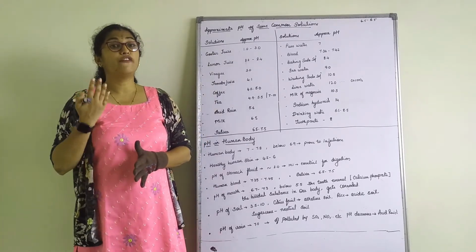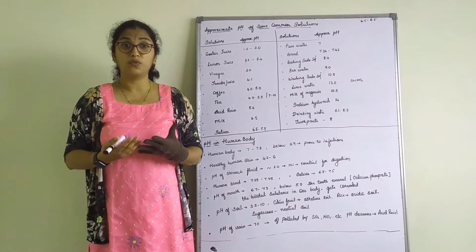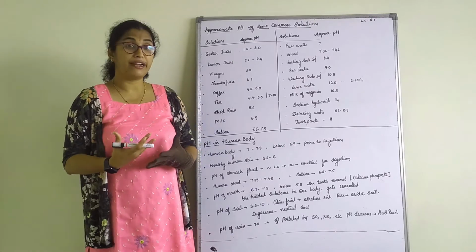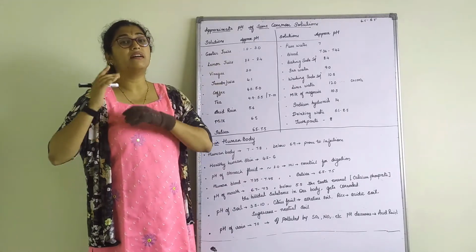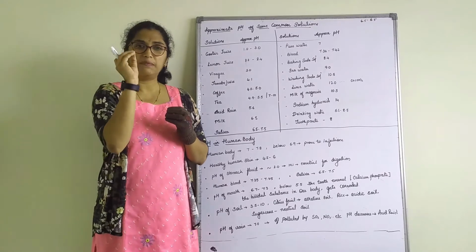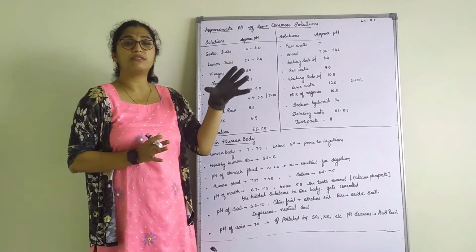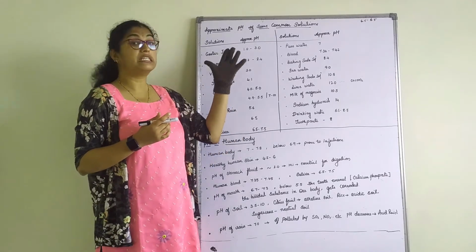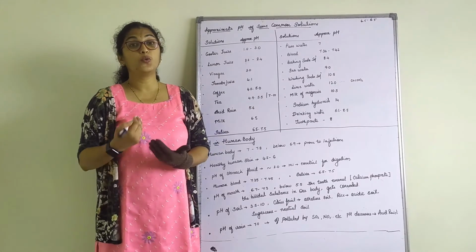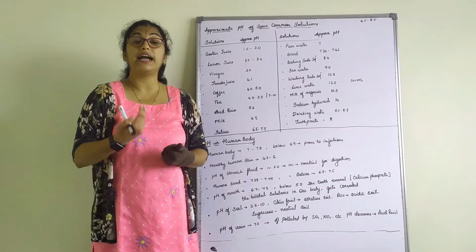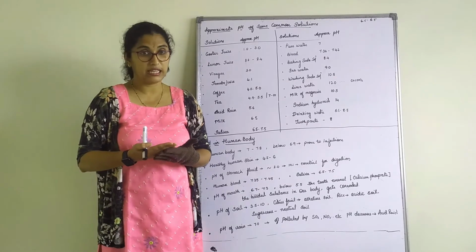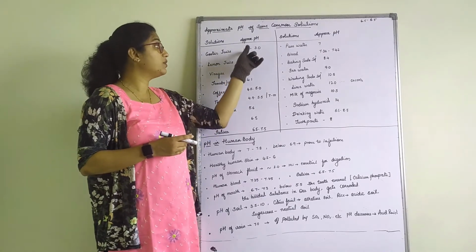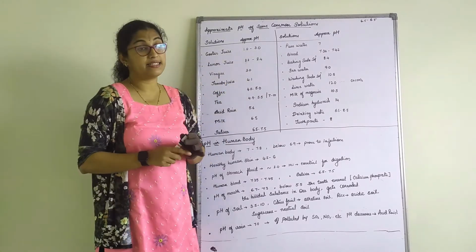Apart from that, we also get acidity when we overeat. What happens? More and more gastric juice is released, which our body cannot tolerate. Now here it's still a high concept. We only understand briefly that our stomach produces this gastric juice which is used for digestion, and over-secretion causes acidity. What do we do for acidity? We take a base, that is, we take an antacid and we neutralize it, correct? So the pH of gastric juice is approximately 1 to 3, which is highly acidic.